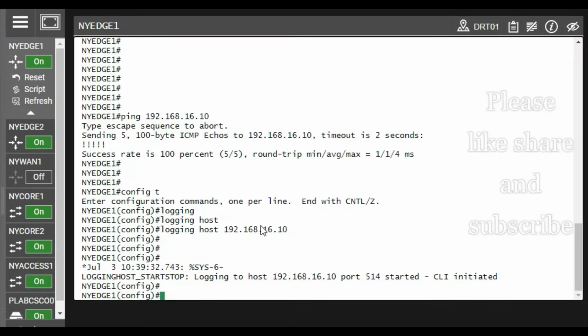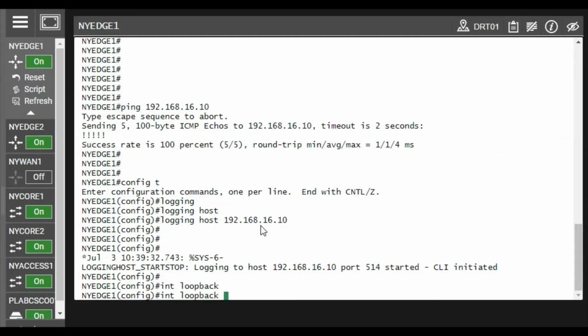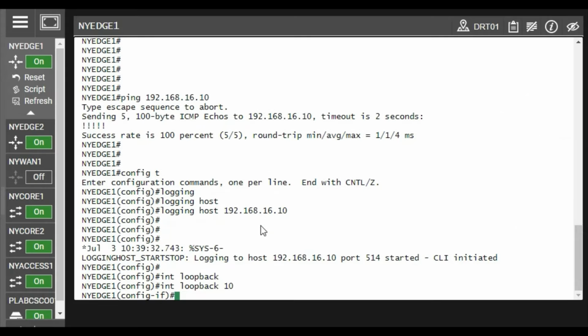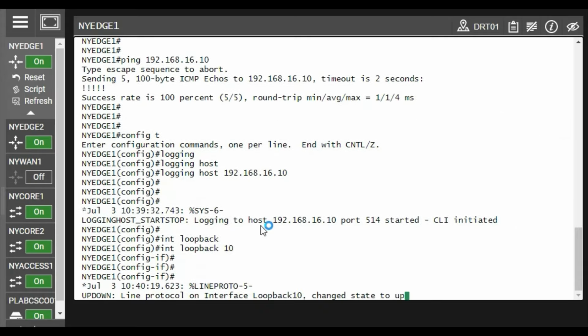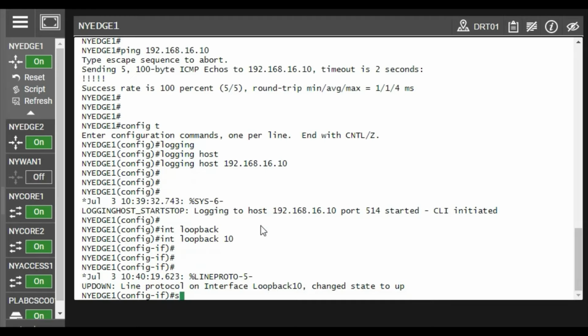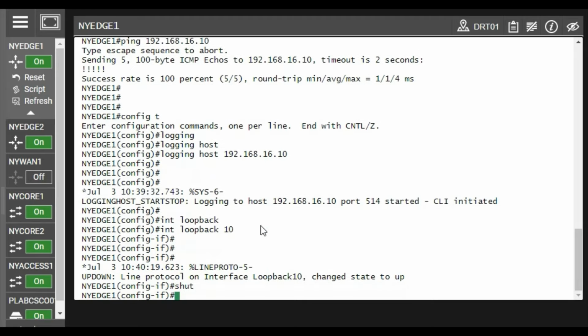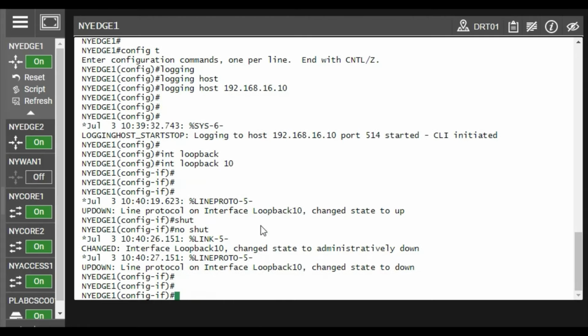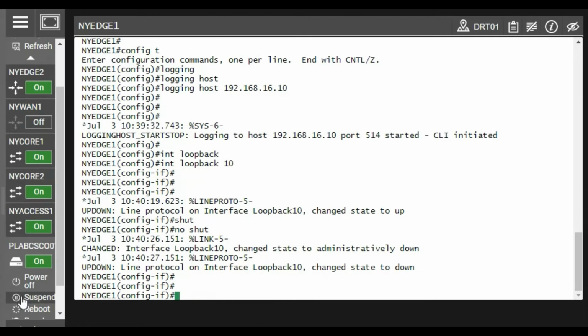Let's generate more logs: create one loopback interface, loopback 10, make the interface up, shut it again, and bring the interface up with the command no shut, and go to the server.